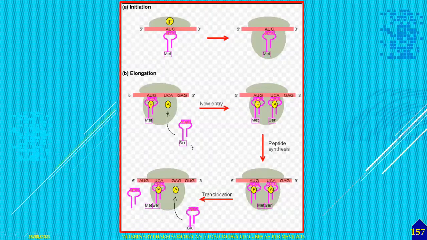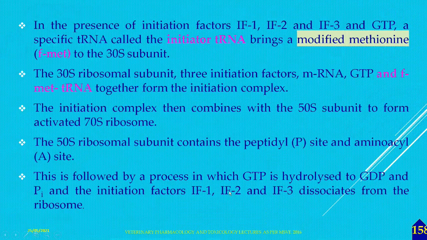So here you can see the AUG. This is going to be combined with the formerly formed protein chain, and it is going to add more and more amino acids. So this is the elongation process, whereas in peptide synthesis the chain will be elongated later due to the translocation process. We will see what that is.